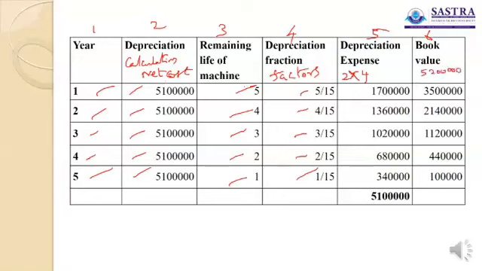See, 52 lakhs minus 17, 35, then 13, 22, then 10, 12, and 6, 6, 4, as it is the last depreciation expense of the useful life of the asset, equal to the net cost, all these depreciation expenses. So what is the left amount is the salvage value. This is what I said earlier, equal to the salvage value. Right? This is what sums up the sum of the years of digits method.